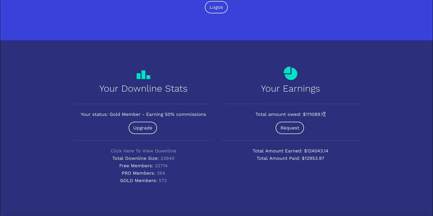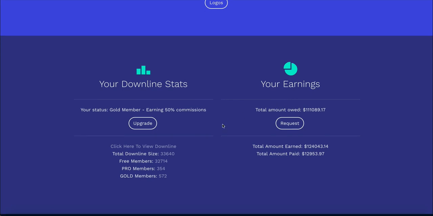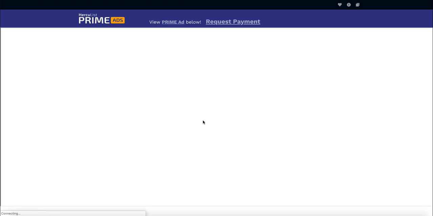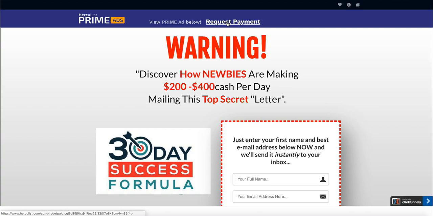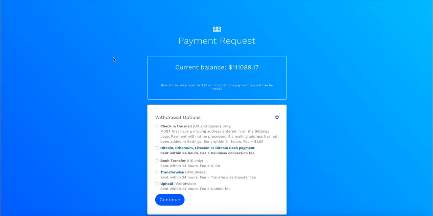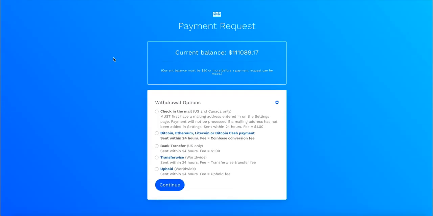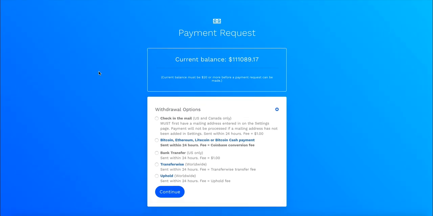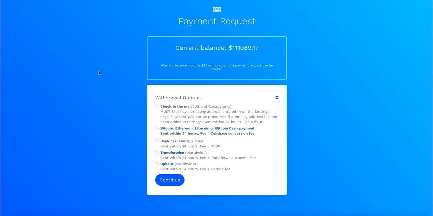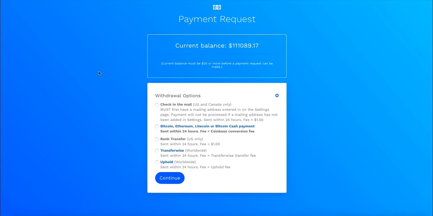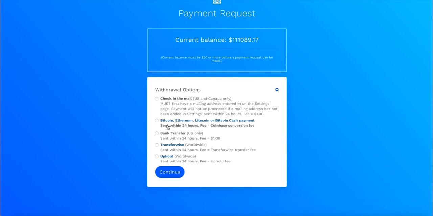Tell you what you've earned. Now you do have to have earned. Let's click on this here quick. Again, you're going to see a Prime ad, and then you're going to click Request Payment. Okay. Keep in mind that this is basically our test account, so ignore this balance stuff and all that. But you do have to have 20 or more dollars to be able to withdraw payment. And then you can choose a check in the mail, Bitcoin or other crypto, bank transfer,